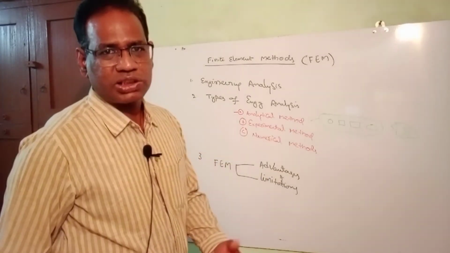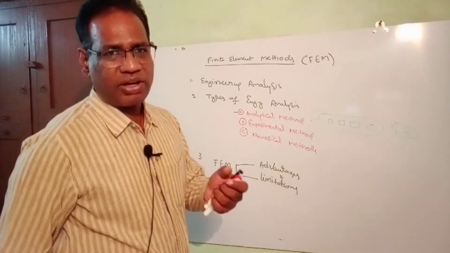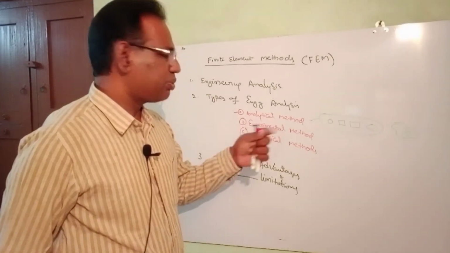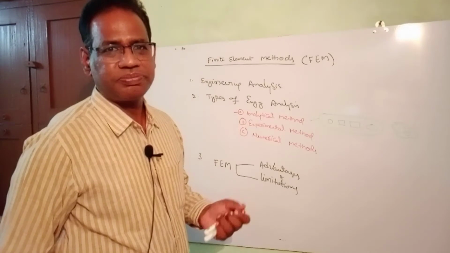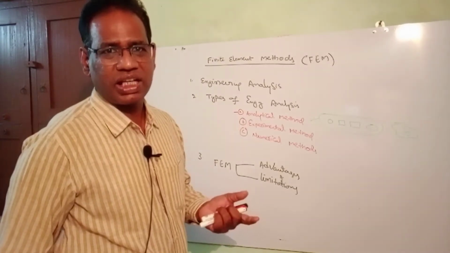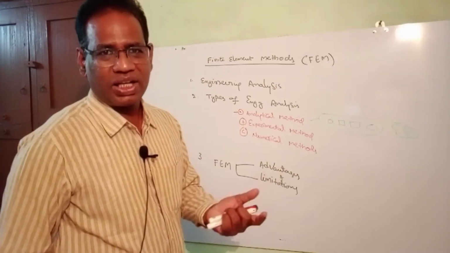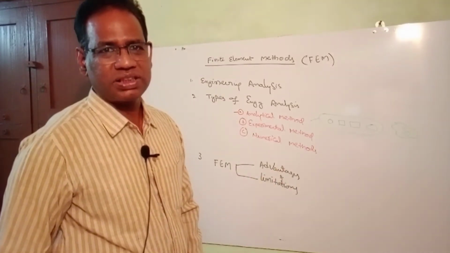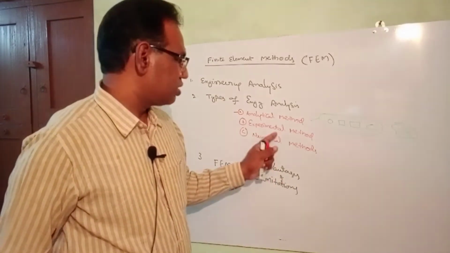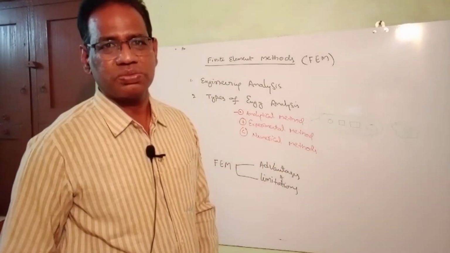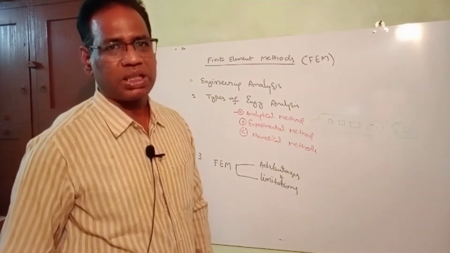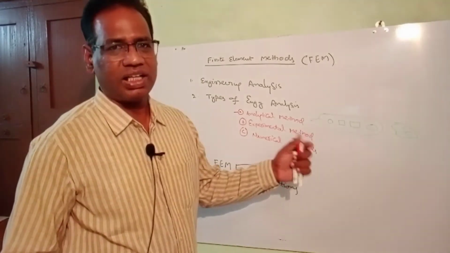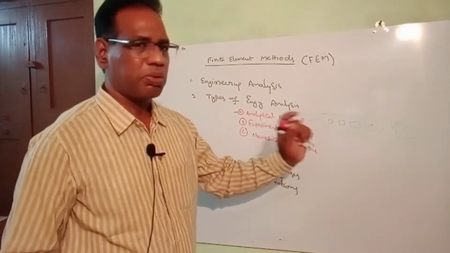Like in the heat transfer subject, we have a data book. In the data book, we have standard equations. With the standard equations, we can calculate the temperature at the end of the body, the middle of the body, and what is the temperature after 30 seconds, like that. Those equations we generated from the experimental methods. By conducting a number of experiments, some people detected them and gave them as thumb rules.